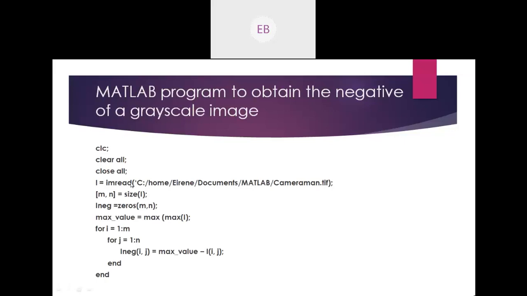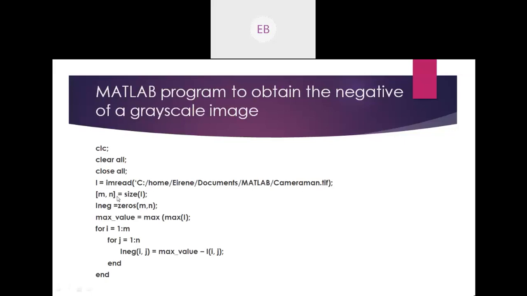Okay. So the imread function is used to scan the image, or to read the image that is present in your system, and in my system it will read it from the path given. Then going on to the next line, m comma n equals size of I. Okay, so what is m, what is n? And what are these brackets? So this is the concept of a matrix.